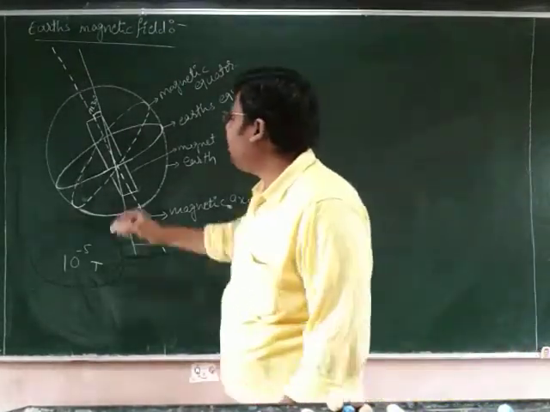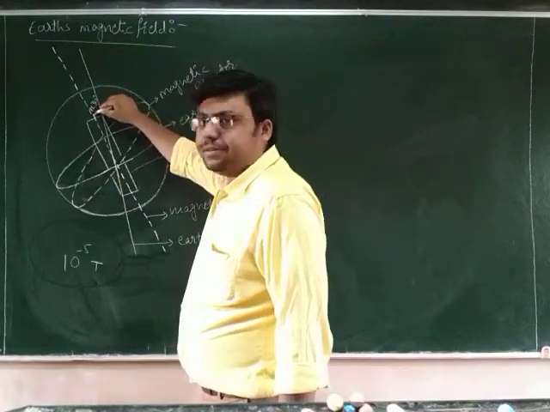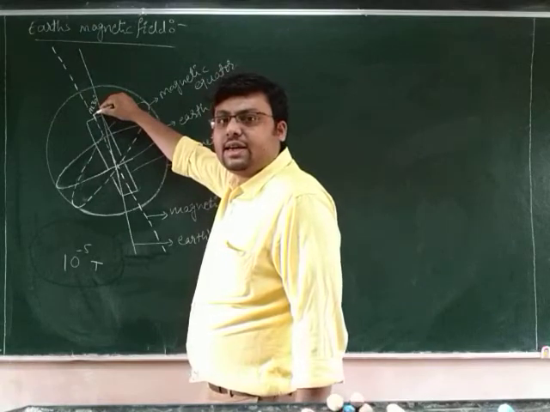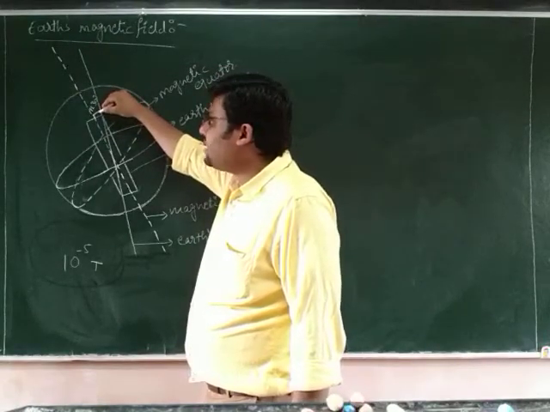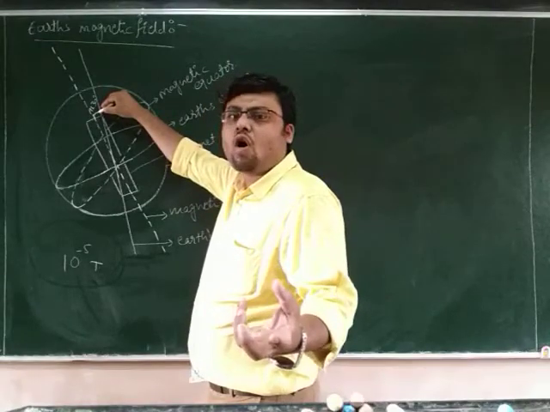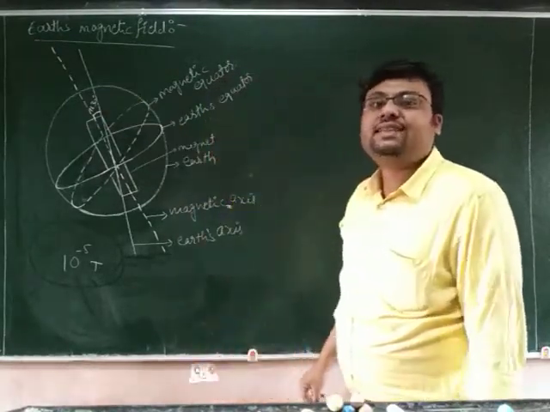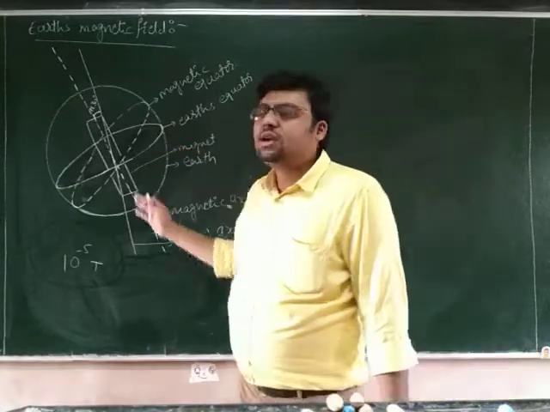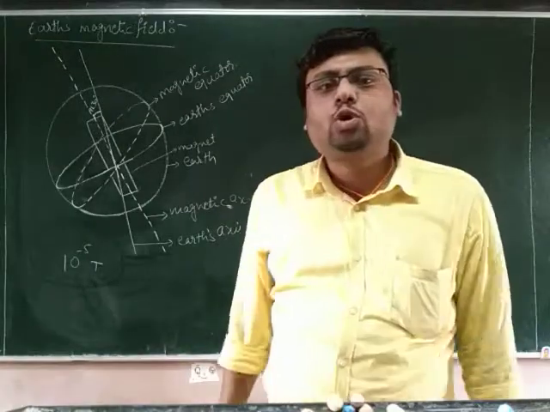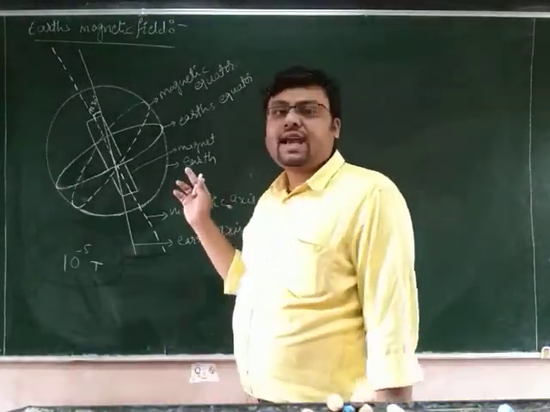As you can see here, the angle between the Earth's axis, geographic axis, and the magnet axis is very small, that is 11.30 degree. Okay, so that means those are aligning very close to each other,